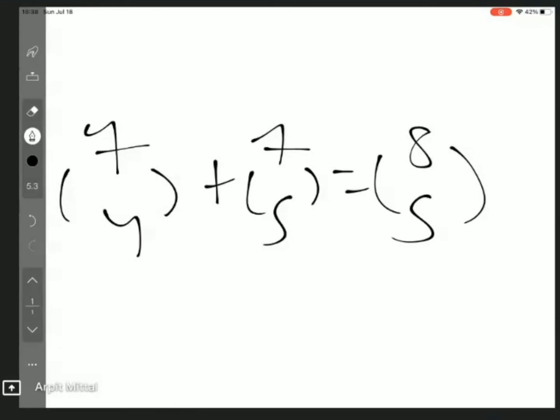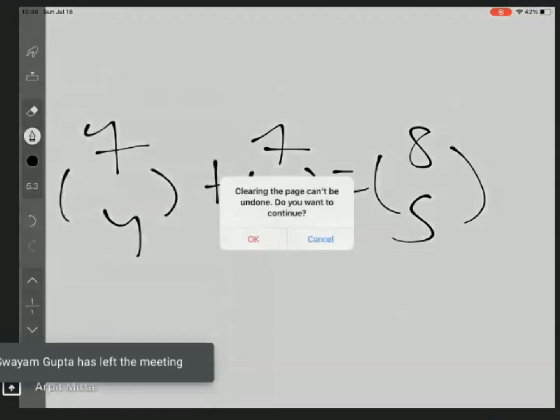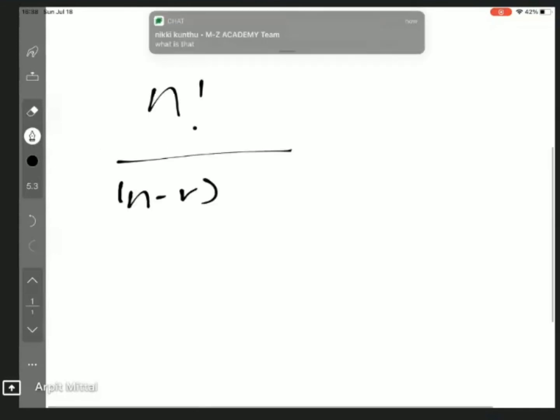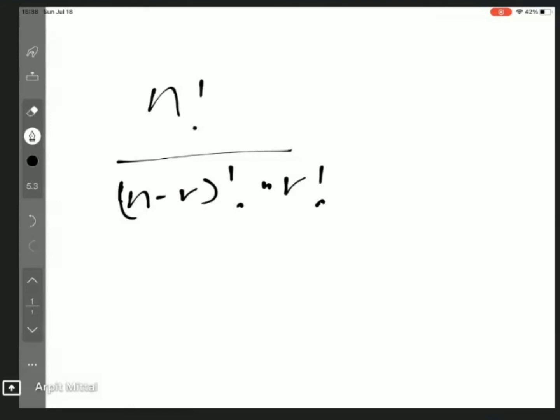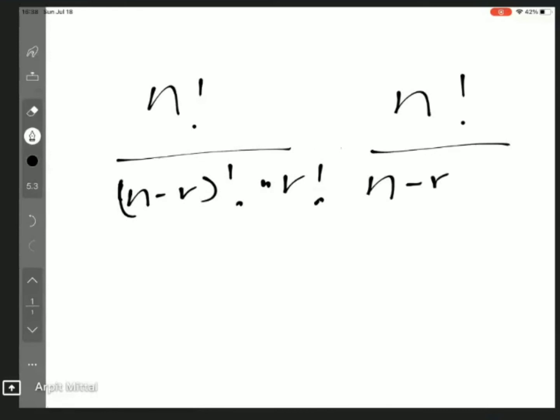So, we gave a Pascal's triangle proof of this identity, but there's also an algebraic proof of this. The algebraic proof is as follows. n choose r is n factorial divided by n minus r factorial times r factorial. Then n choose r plus 1 is n factorial divided by n minus r minus 1 factorial times r